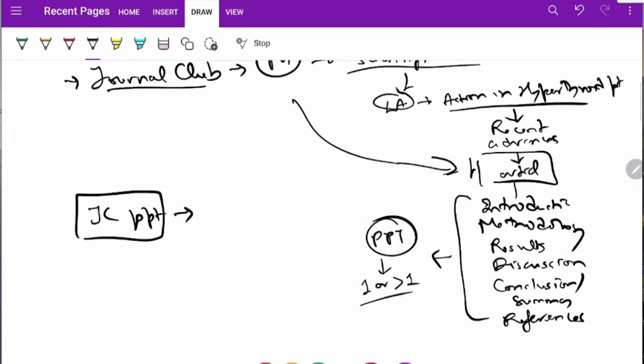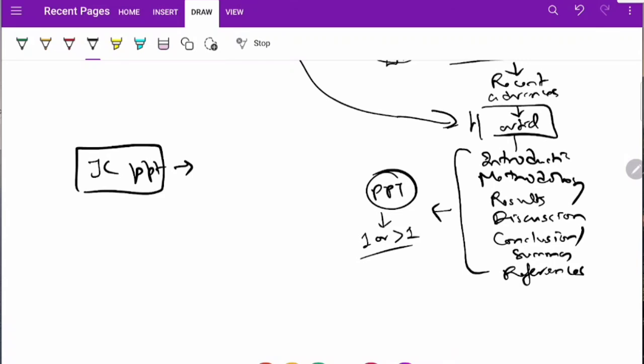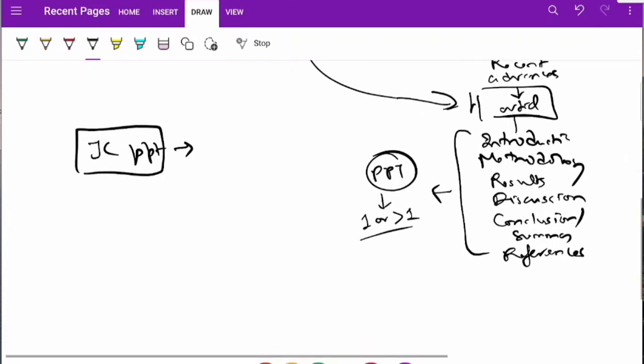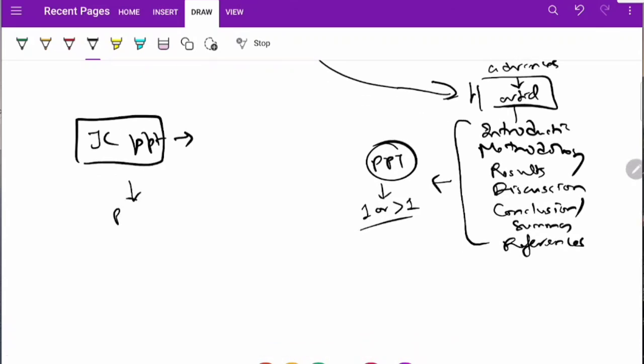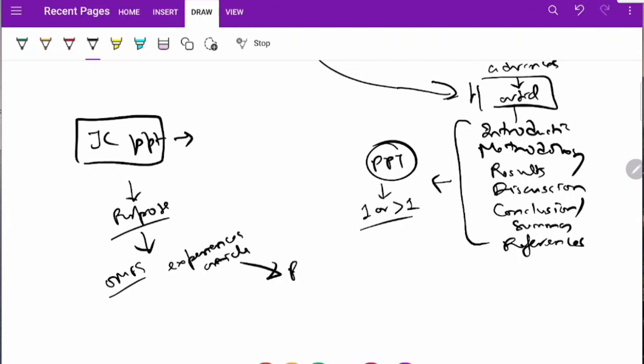than one slide on each of the headings, and that presentation will be presented to the staff by the postgraduate in their respective colleges. So what is the purpose of this? The purpose is pretty simple. There are many clinicians who have shared their respective experiences in the form of articles, and when you present it to your staff, who are experienced surgeons themselves,